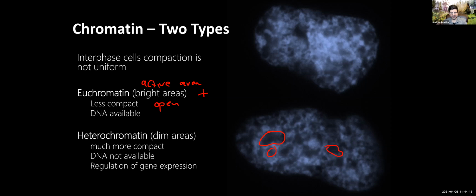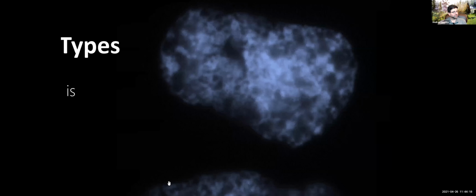Okay. And you can see just from looking at these pictures that the nucleus itself is a very complicated place, right? The DNA has a very high-order, complex structure, but at the end of it all, the simplest way you can chunk it all out is by saying there's dark and light areas. Okay, there's closed areas, there's open areas. Now, just because it's open doesn't mean the genes are active. It means that the genes can be active.